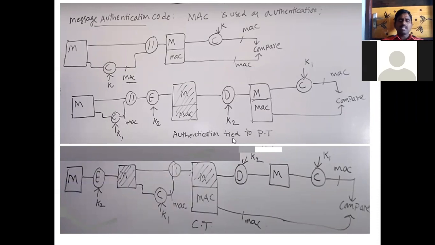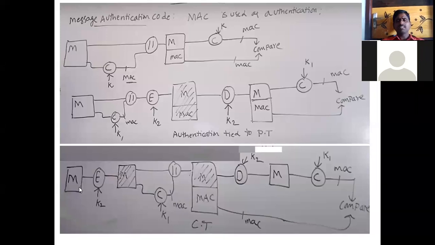This is authenticated with respect to the plain text. So what we have done is performing the encryption after attending both, the plain text and the MAC.